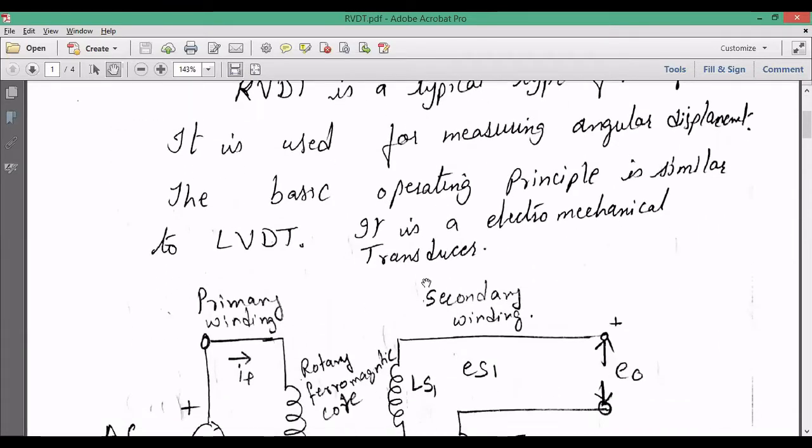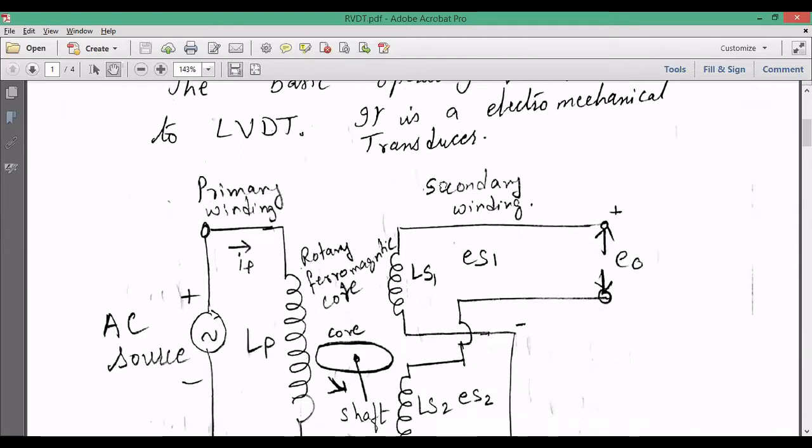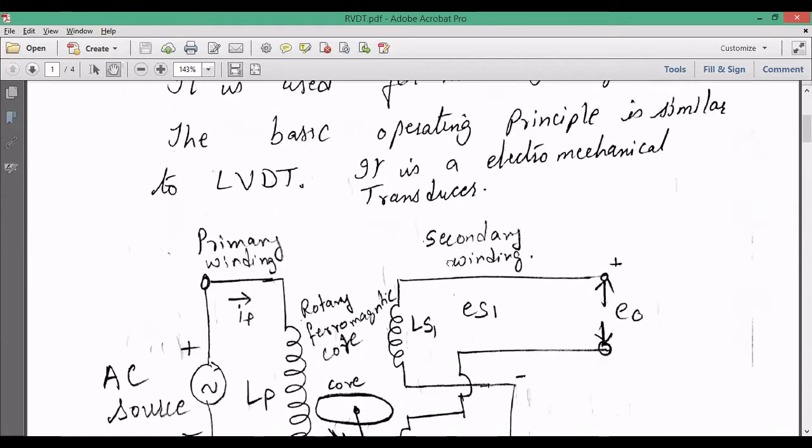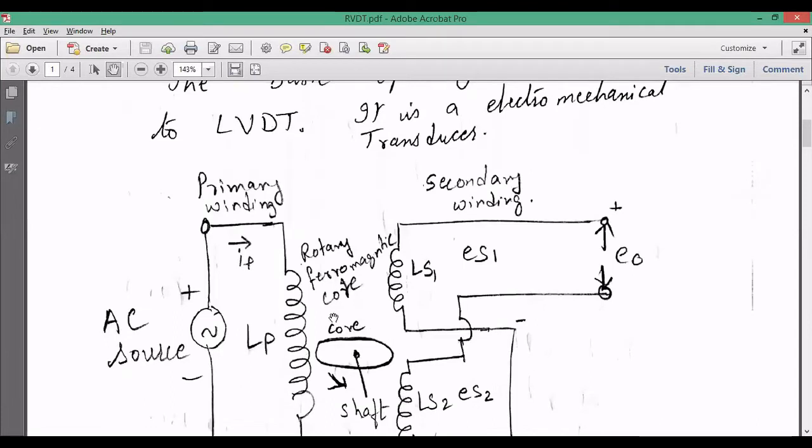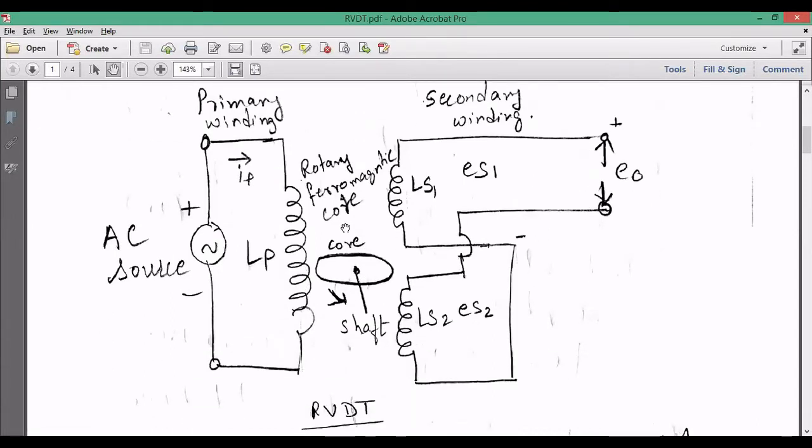It is an electromechanical transducer. We say transducer because it is able to convert one form of signal into another form. Here one form is angle; it is able to convert the angular displacement into EMF. The structure is the same as that of LVDT, if you remember. It has a primary winding, which is excited with an AC signal because I want EMF,